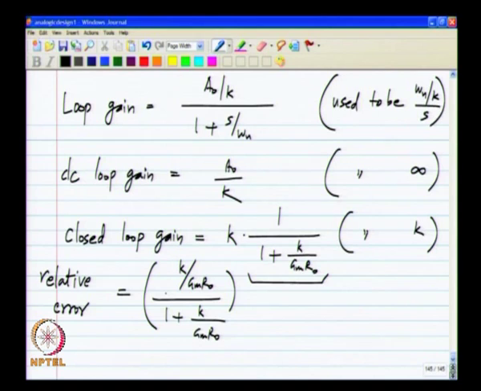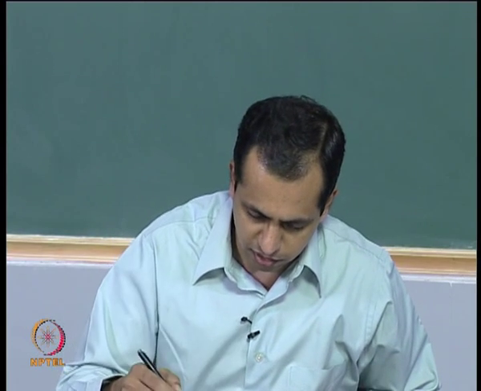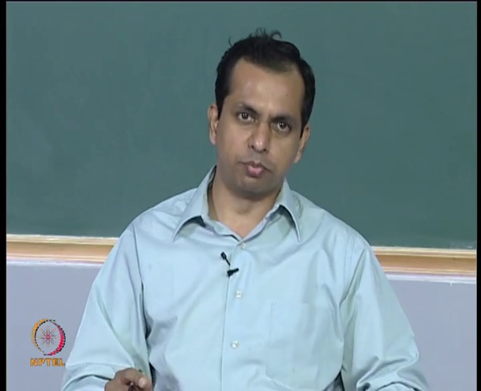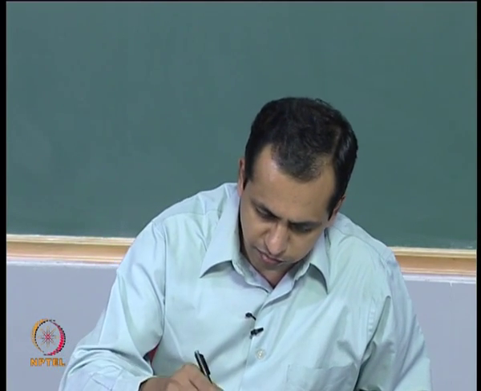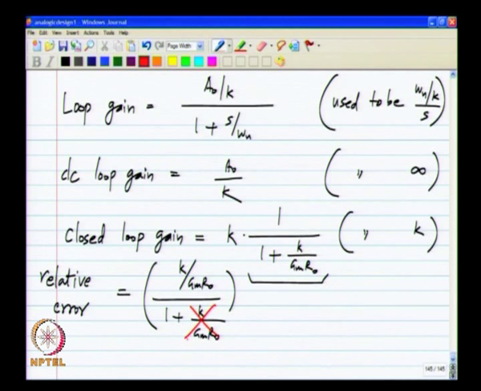That is how much the relative error is, and we would naturally want the relative error to be very small, like a percent or 0.1% or sometimes even less than that. So, this means that this number K by GMRO has to be very small, and this is also kind of expected because ideally GMRO was infinity, and now we would like it to be as large as possible. So, what we can do is simply neglect this K by GMRO in favor of 1 and approximate the relative error to be K by